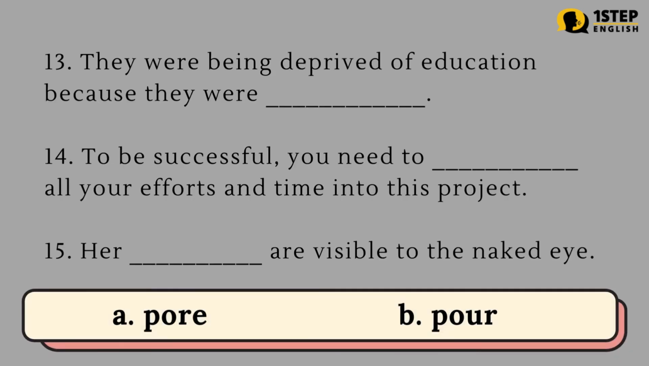Number 13. They were being deprived of education because they were blank. Number 14. To be successful, you need to blank all your efforts and time into this project. Number 15. Her blank are visible to the naked eye. Letter A. Poor. Letter B. Pour. The correct answers are: